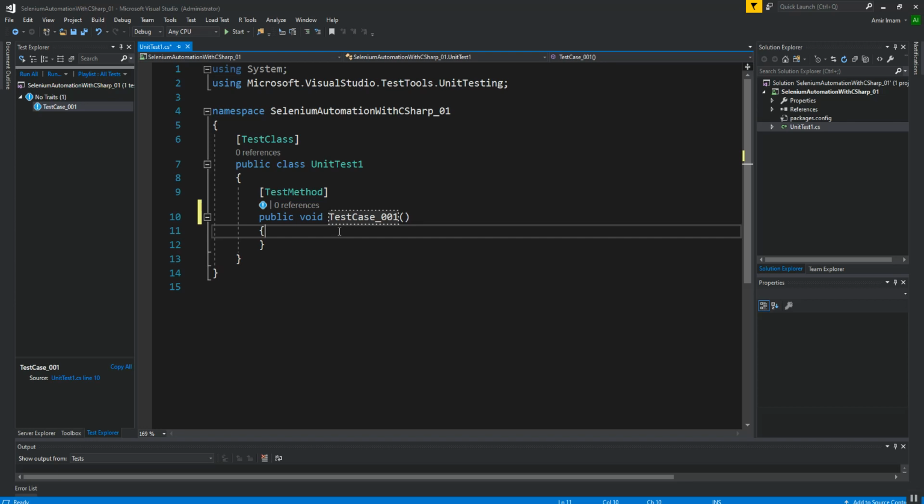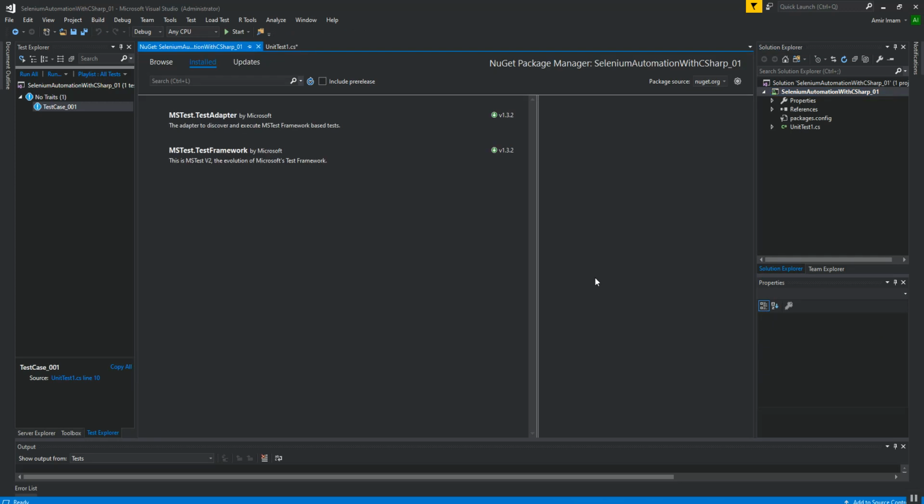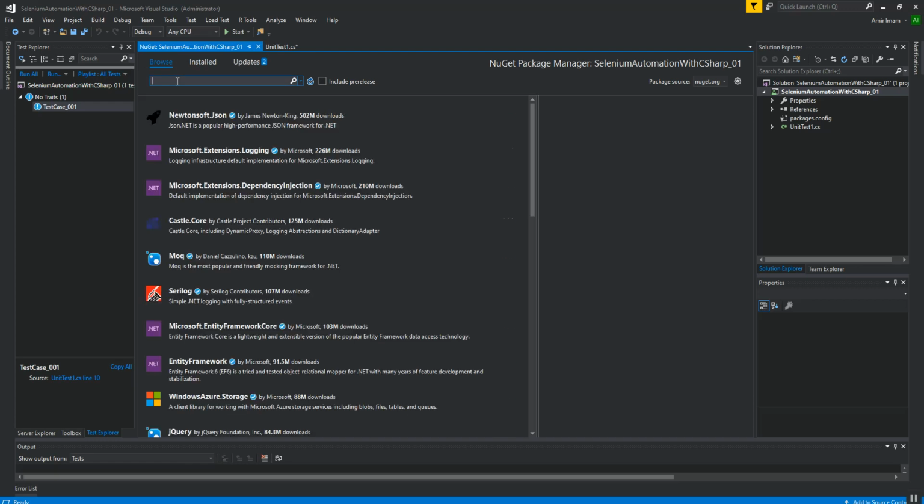Now we are moving to the NuGet packages so that we can perform the steps we already discussed. I am moving to the project, right-clicking on the project and clicking on Manage NuGet Packages. Here you can see, as I mentioned earlier, we already have MSTest.TestAdapter and MSTest.TestFramework installed. We need to install only three things now.